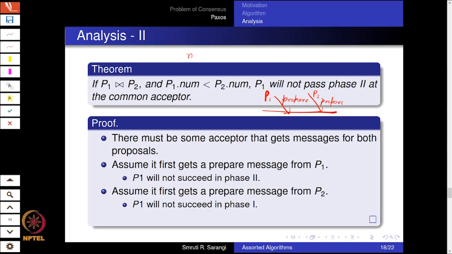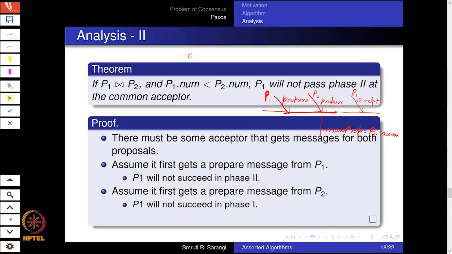So since P2.num is greater than P1.num, the value of max prep at this point will be set equal to P2.num. Subsequently, P1 will send its proposal, P1's accept message will come. So the first thing that the accept message actually checks is the value of max prep. And at this point,